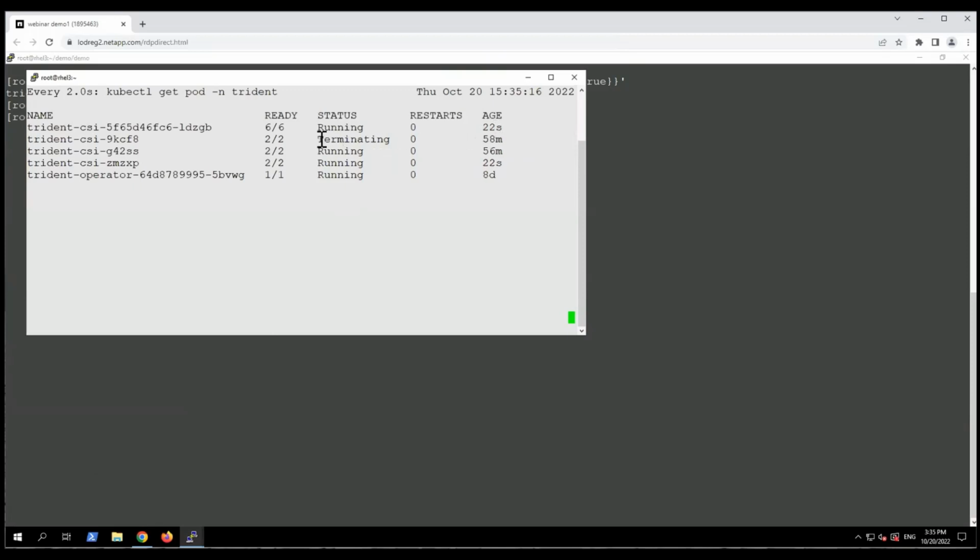Yeah, this one hasn't restarted yet. There we go. So you can see that the pods are restarting just to enable the debugging. So while that's running here in the background,